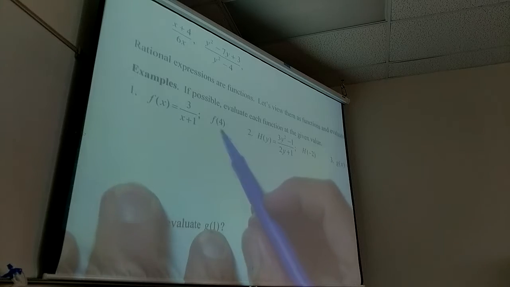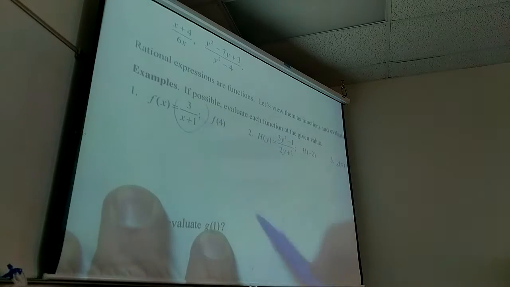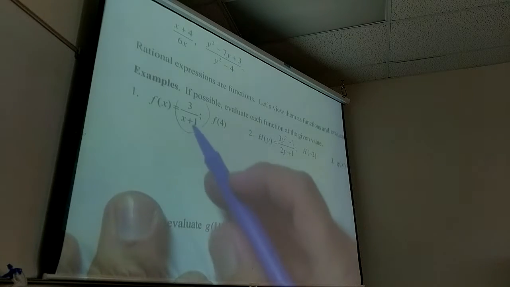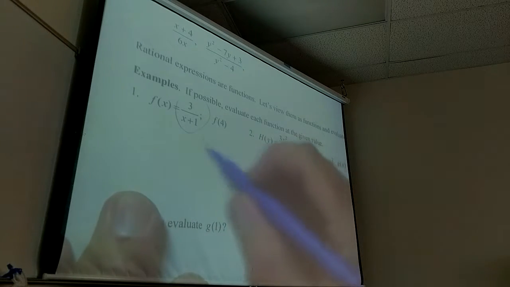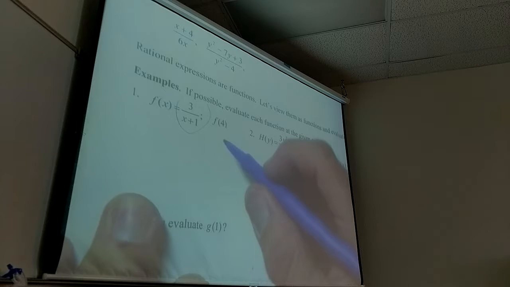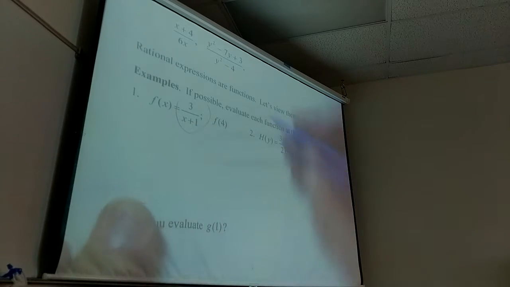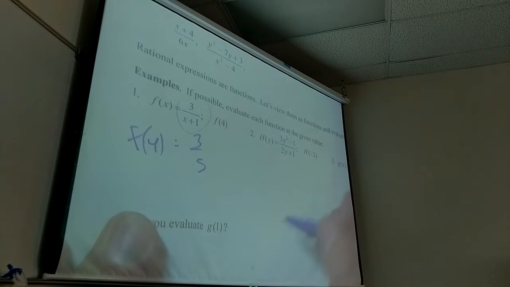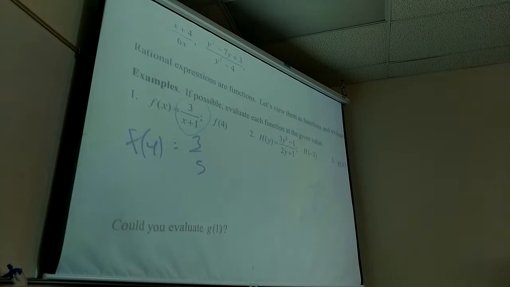Now this level of stuff should be old news. In fact, when we learned functions, I gave you stuff like this. Didn't even talk about it really, because it's just plugging stuff in. How do you do this? Number 1 here. This is page 129, by the way, in the green book. Just plug in a 4, and what do you get? You get 5 on the bottom. Done. All right. So they're going to bring function notation in because they really want you to understand